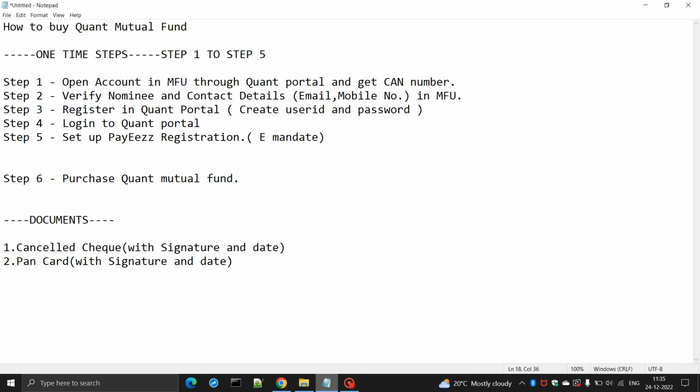So I was about to buy Quant mutual funds, so I decided to view some YouTube videos regarding the steps involved. But unfortunately, I haven't found anything on YouTube. So I went on buying this Quant mutual fund, and while purchasing, I observed that there are several steps which are involved, and if anyone misses any of these steps, then he will not be able to purchase the Quant